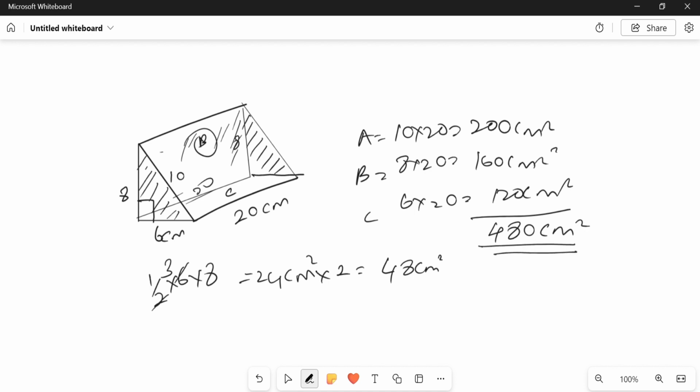You add that and see clearly. 480 is for the 3 rectangular faces, and 48 centimeters squared is for the 2 triangular faces. So if you add that 48 with 480, 528 centimeters squared comes. So look at this again. These are different prisms with different sides. So the 3 different rectangular faces are there, and 2 similar triangular faces are there. So this is how we are finding the